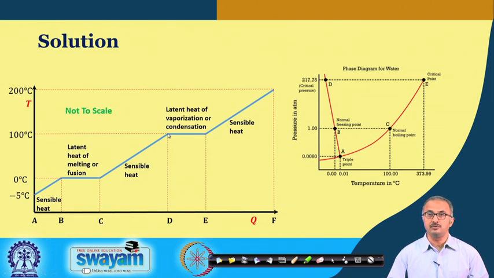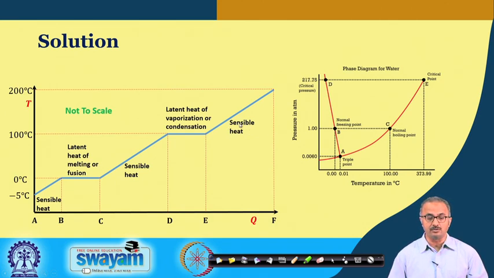And once it goes to saturated liquid, then again we find that phase change will occur at constant temperature, and during this period we shall be using the latent heat of vaporization or condensation. Once all the liquid has got transformed into the vapor, we get the saturated vapor state, and further addition of the heat energy will result in the increase in the temperature of the superheated vapor, and during this particular process we shall be again using the sensible heat.